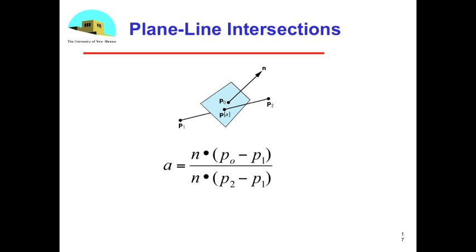If you solve all those equations, we've done this before, you get a fairly simple equation for the value of alpha where it intersects, and now for that alpha you can compute the x, y, z where it intersects. But if you look at this expression, there's a bunch of floating point multiplications in here, right? Because this is a dot product, so you have 3 multiplications up here and 3 multiplications down there, and we really don't like that. However, if you had done your normalization first, and here's where it really comes back in,